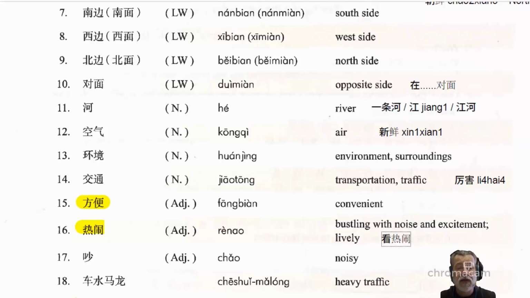So those are examples of 看热闹, 看热闹. So people that, out of curiosity or whatever it is, will go over and look at whatever's going on, whether it be an argument or an accident or someone famous or whatever it is. In some ways, the Chinese themselves see this as a bad thing, because often if there's an argument, for example,